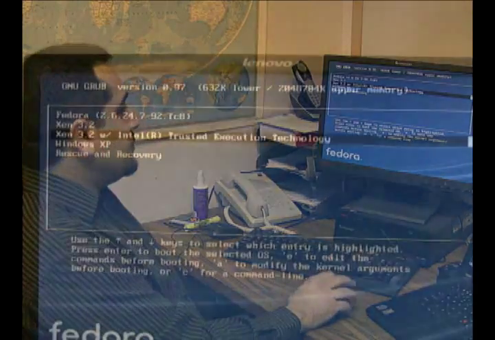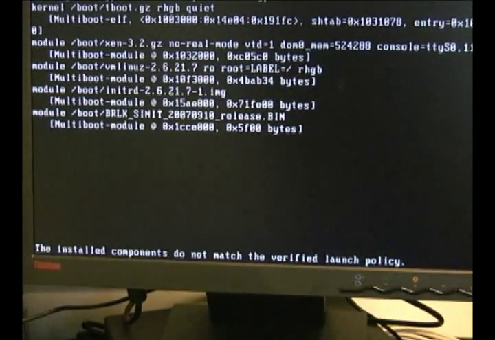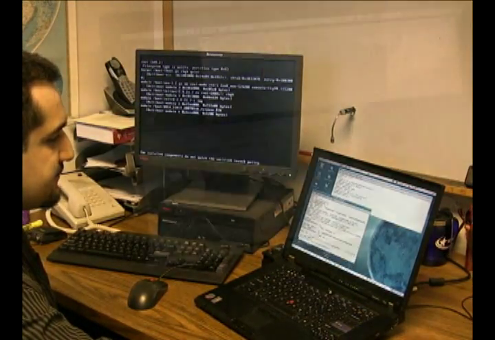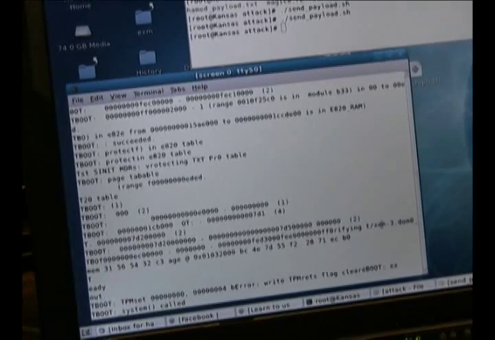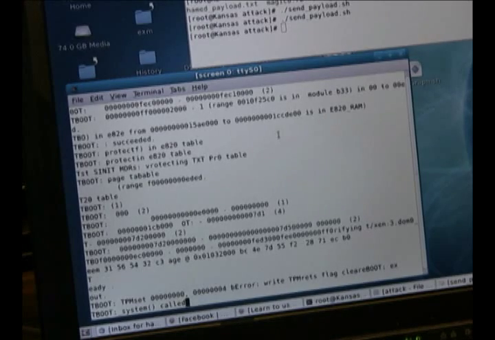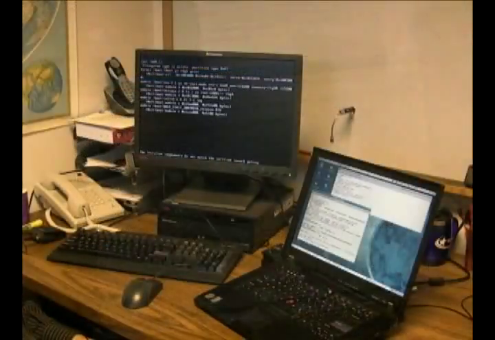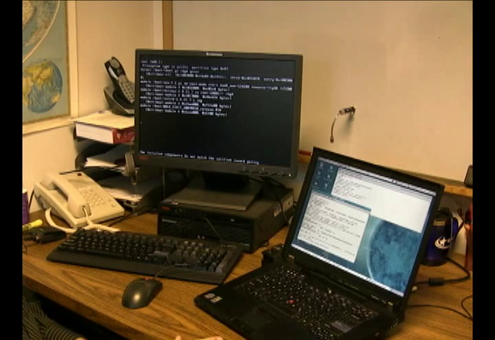Okay, now we choose to run Xen with Intel Trusted Execution Technology. As you can see, it outputted the boot time messages to this console from the serial link. Essentially, it says the installed components do not match the verified launch policy. Basically, it means that the measurement or the hash value doesn't match what we had on the TPM. So Trusted Boot prevented this attack from taking place and prevented the malicious kernel